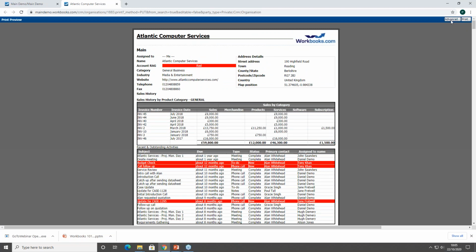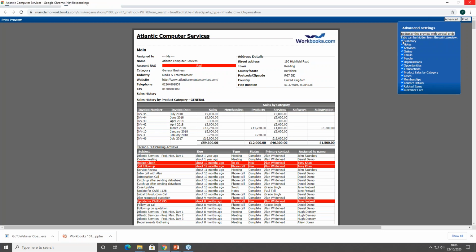But before I do so, I'm going to choose this advanced button. This gives you the choice of what you would like to print from that record. There are some long-winded ones that I would probably switch off. For example, I'm going to switch off the summary tab here. I'm also going to switch off